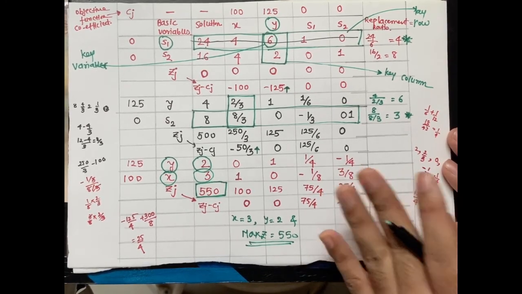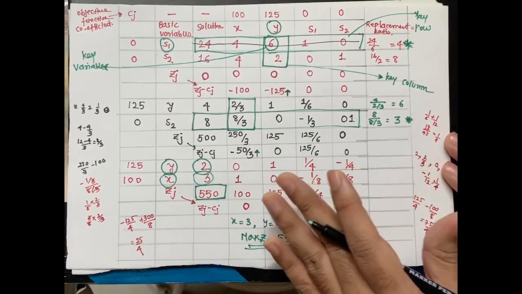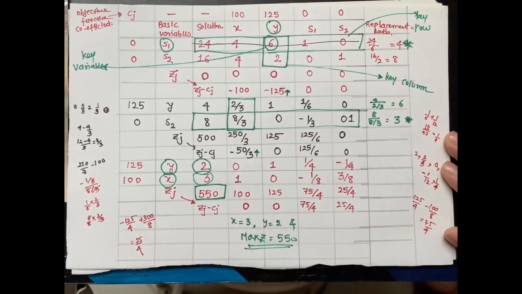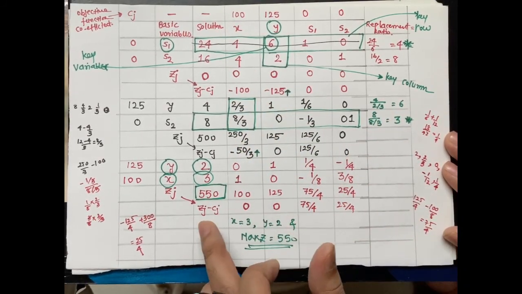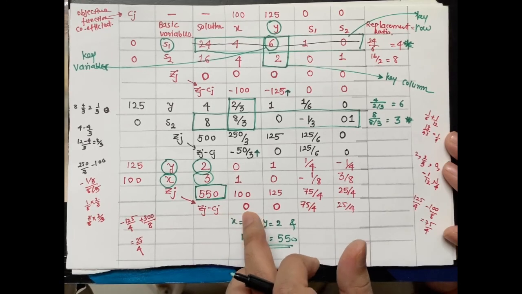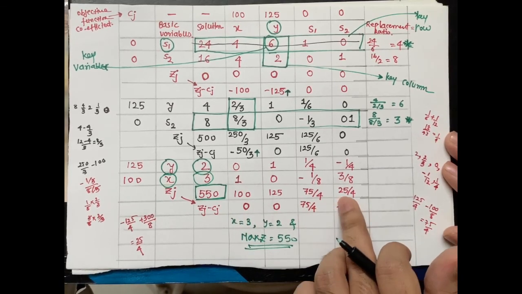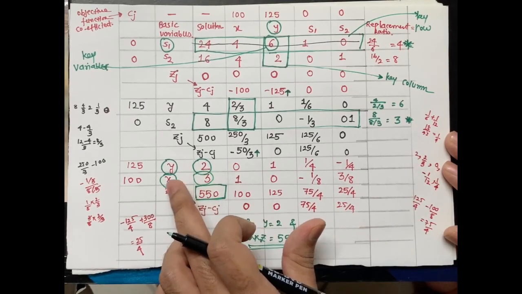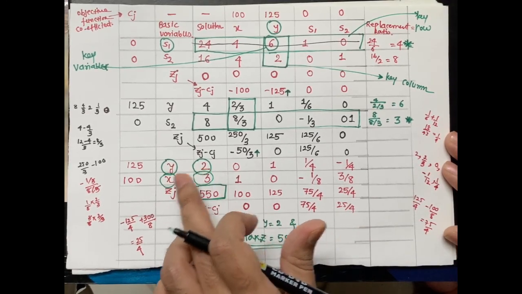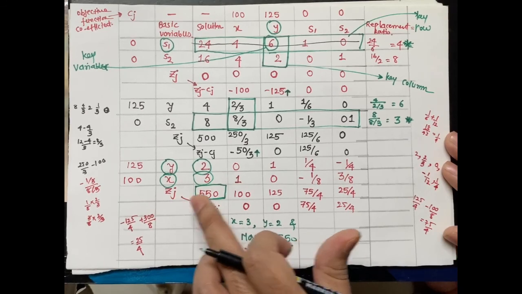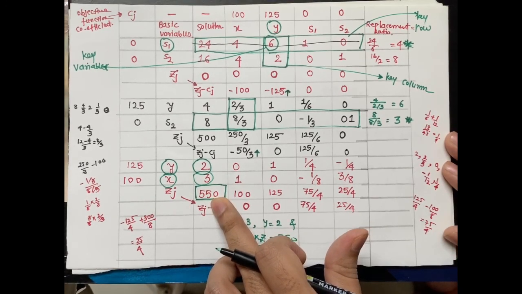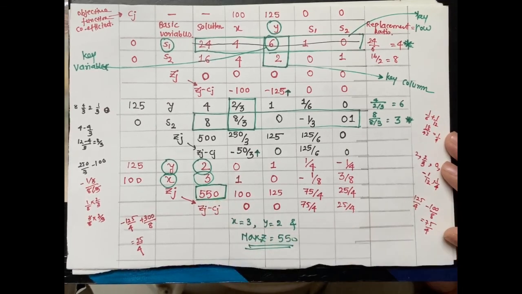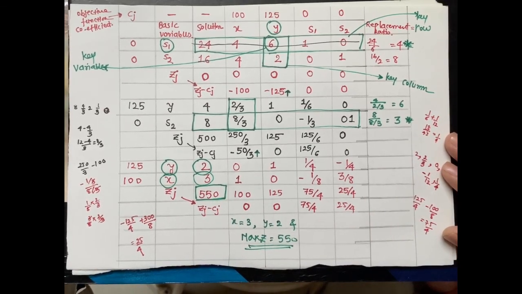So here ends our simplex method. Simplex, as I mentioned, is an iterative process. When you get Zj minus Cj as positive values, further optimization is not possible. The solution value will give you the answer for your decision variables, and Zj will provide you the objective function value. So this is how the simplex method works in a tabular format.